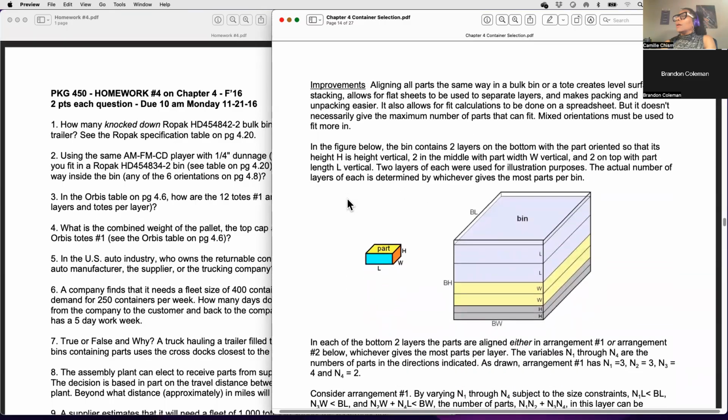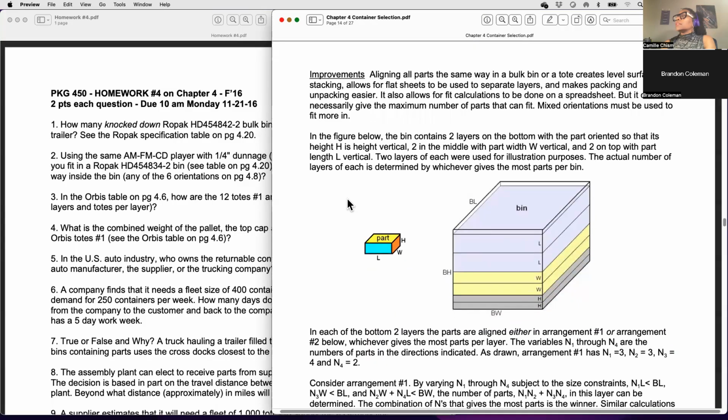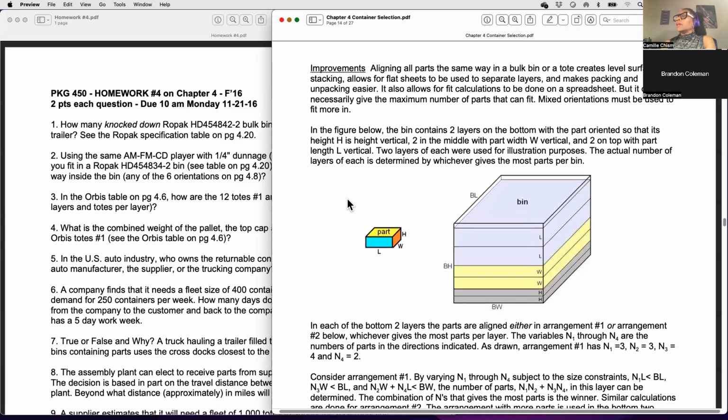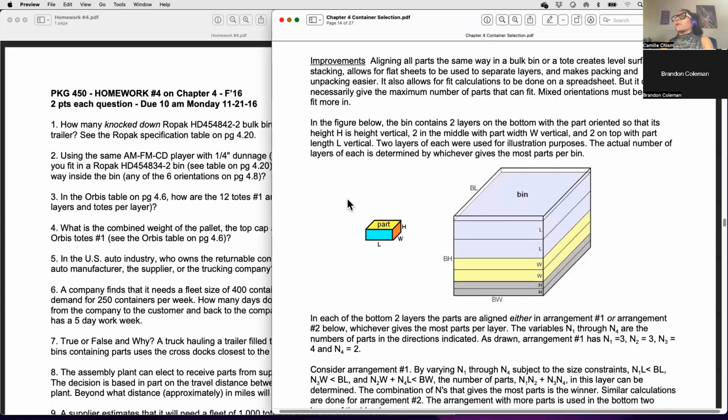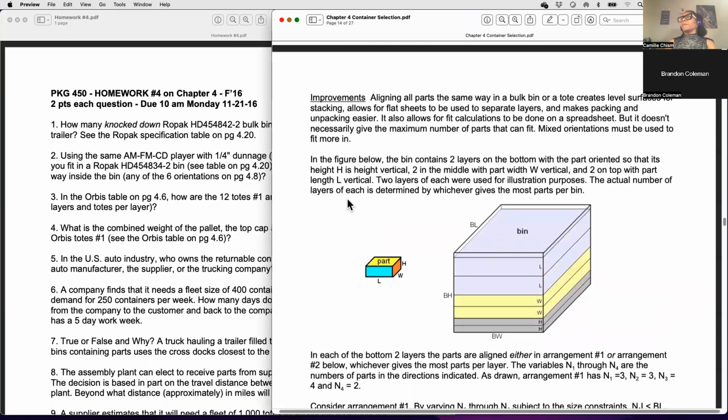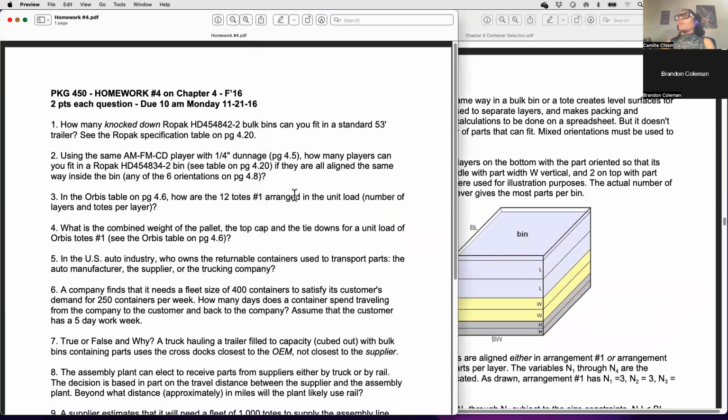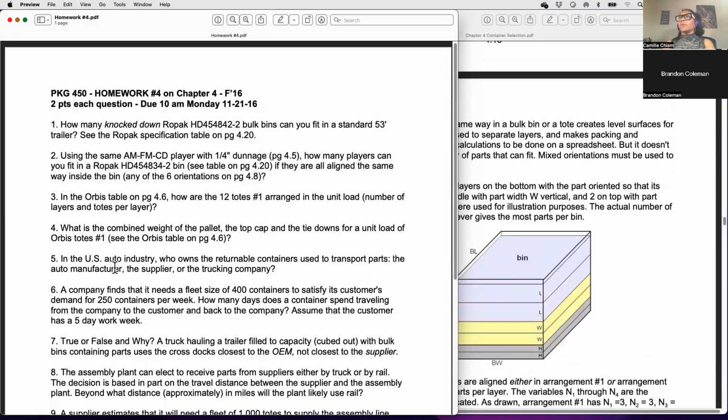All right, so let's see. I'm going to save the improvements for tomorrow. We have quite a bit to go through, but I did want to go through this homework here, because I think this is important. A lot of the stuff we probably haven't gone through yet, but I think it's important to go through